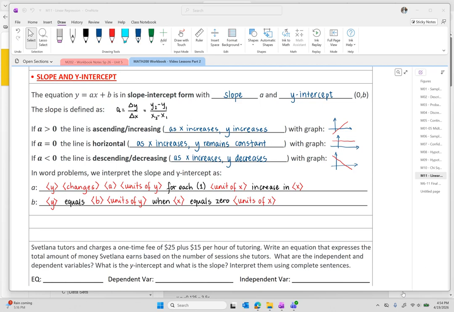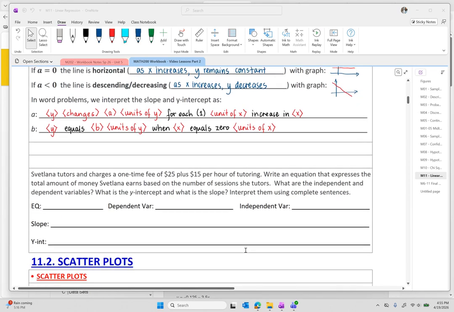And again, replace y and units of y with the name and the units of the dependent variable. Replace x and units of x with the name and the units of the independent variable. And then replace b with the value of the y-intercept. So, for example,